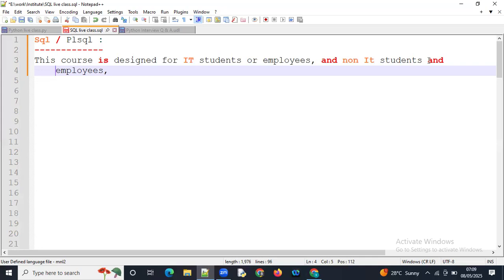But in order to survive in all those roles and responsibilities, you must have some basic knowledge in all kinds of fields. So in this course, we are going to cover all the different kinds of roles and responsibilities and different kinds of fields on SQL. If you join this course, you can get some basic idea about the different kinds of roles and responsibilities, and also you may get 2 to 3 years of experience